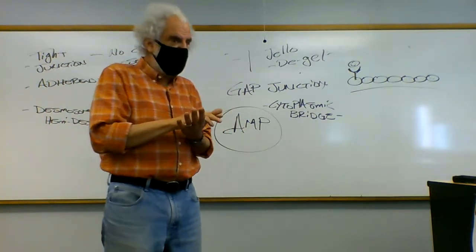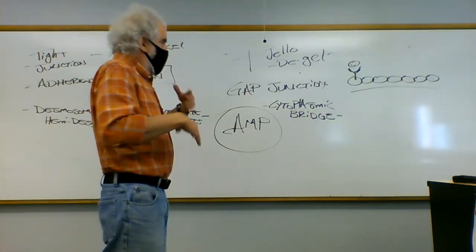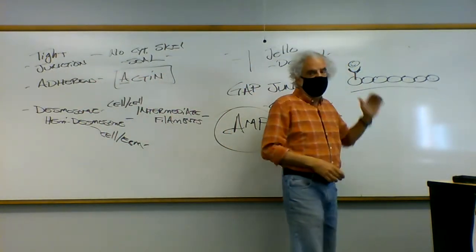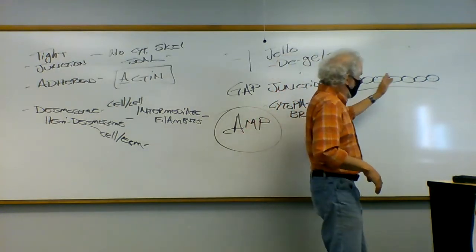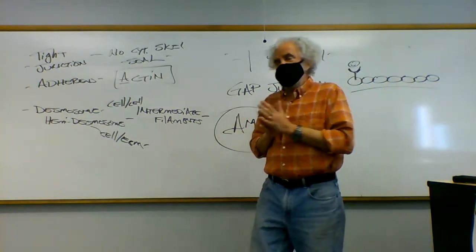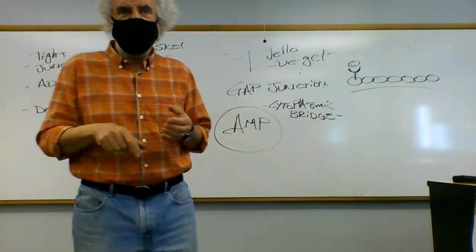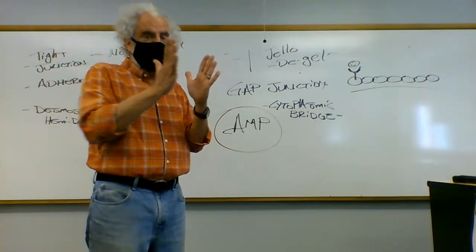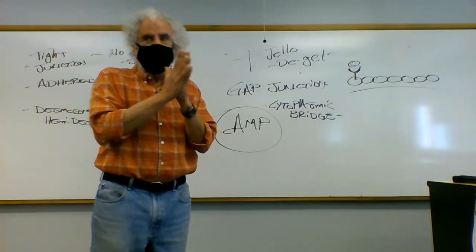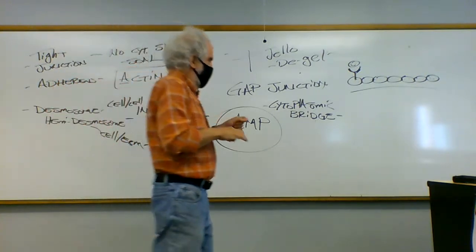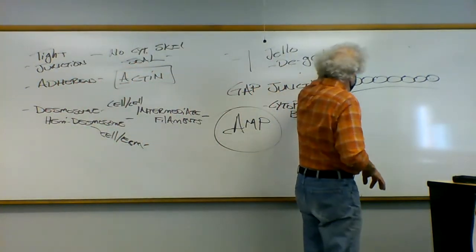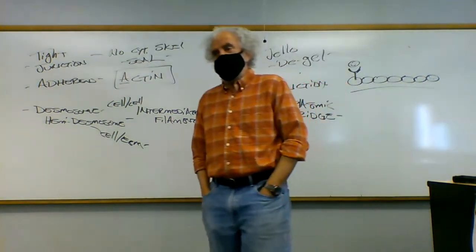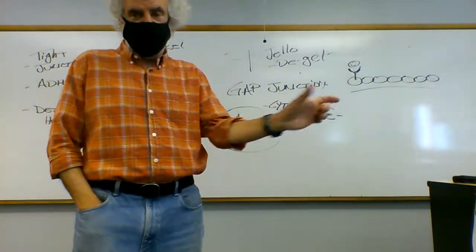And we can actually determine this from a couple of experiments. One experiment that's done is you can inject dye in one cell of an epithelial sheet, and if there are gap junctions present, you can see that dye diffuse across. Another experiment that's been done is looking at the conductivity of an epithelial sheet. Individual cells, if they don't have gap junctions, have a pretty good insulating layer of plasma membrane. And so if you were to take a very teeny electrode and stick it in this cell, and take another electrode and stick it in that cell, you can determine the electrical conductivity across that cluster of cells.